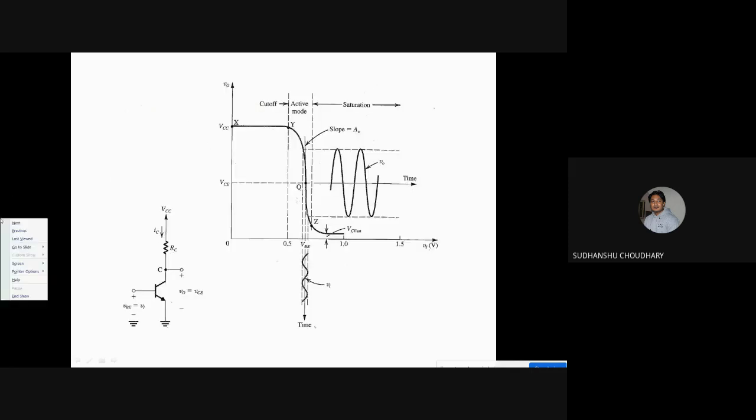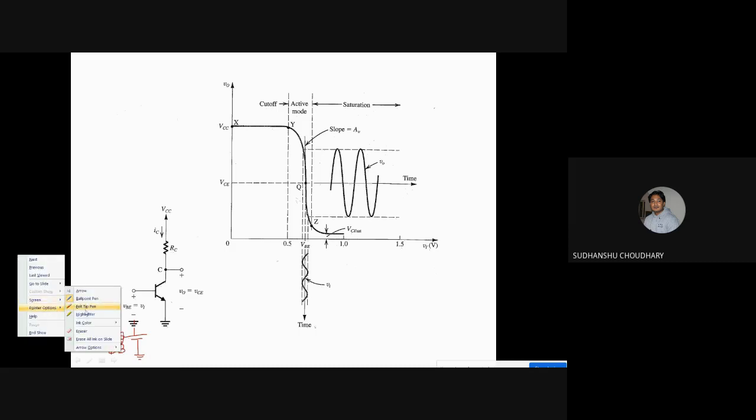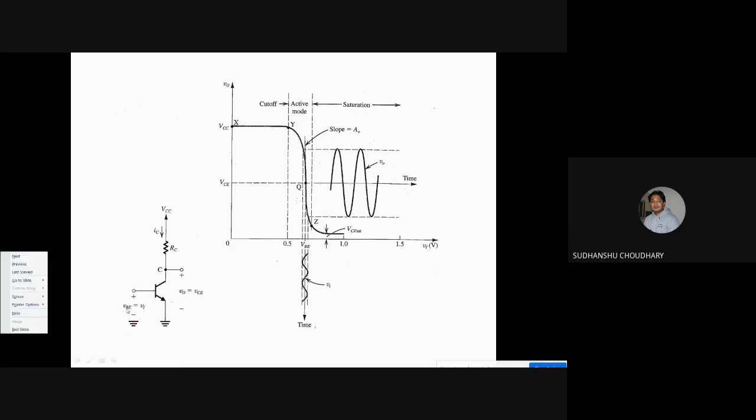So for example, here the same thing is being shown. Here the biasing voltage, that is the battery, is not shown, so let us connect the battery over here. Let's say that this is my VBB, or biasing voltage. Let us assume that this is VBE, that is, this voltage is the battery.